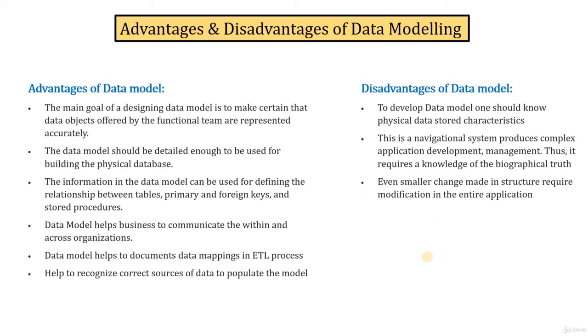Even a smaller change made in the structure requires modification in the entire application. Since data modeling is a very robust model, and many tables and procedures are interconnected, a very small change may also bring a huge amount of work for the team. So the management is not an easy job, because you have defined this data model from the conceptual to the logical to the physical data model level. Everything is interconnected, so if you want to make any changes anywhere, you have to make sure you cover all the impacted areas. These are some of the advantages and